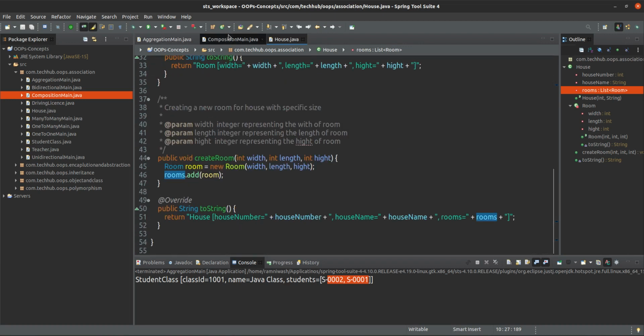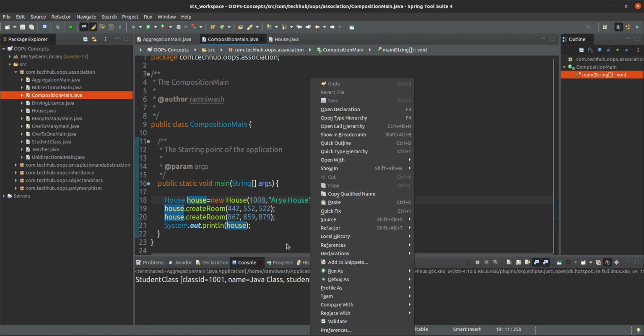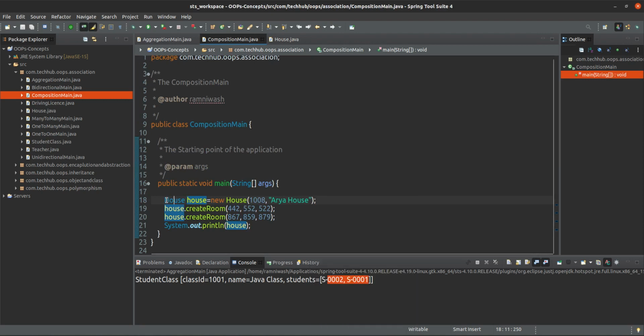If you see this code, here is one house, and under that house there are two rooms. If I destroy this house, the rooms will be destroyed as well.